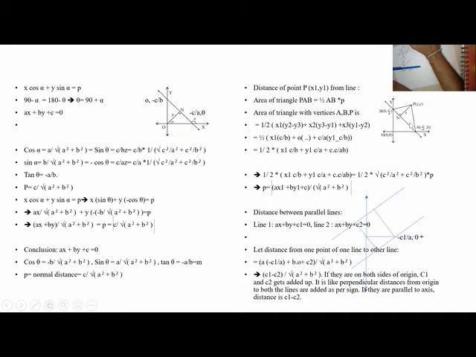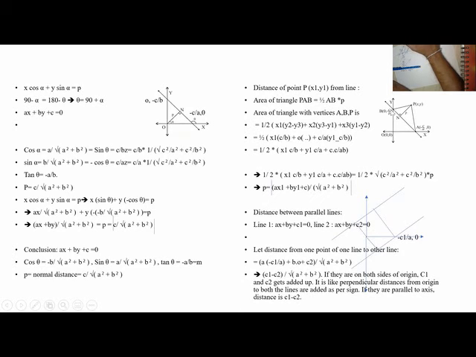Base is AB, height is P. AB we know is the square root of A square plus B square, because A square plus B square under root is AB. A means C by A, B is C by B. So square root of A square plus B square into P gives the triangle area. Same from this formula. So when we compare them, what I am getting is P equal to,